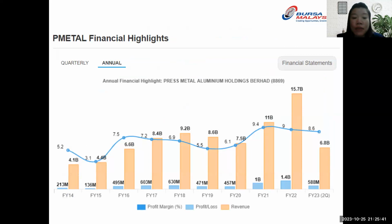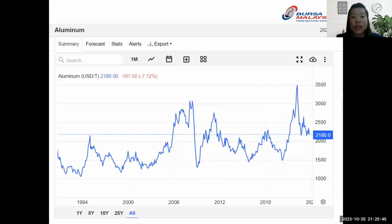And P Metal revenue is highly dependent on aluminium prices. While aluminium prices have traded between USD 1,005 and USD 3,000 range for the past 20 years, it's evident that P Metal lacks strong pricing power, for example, like Lovestock. However, today we are actually focusing on the quantitative aspect, and the numbers over here,